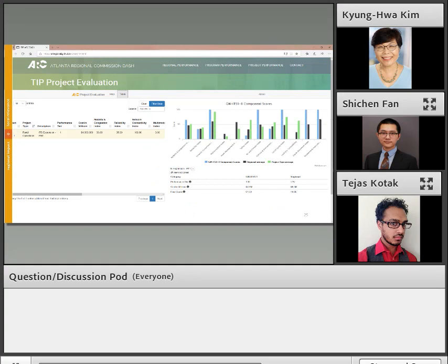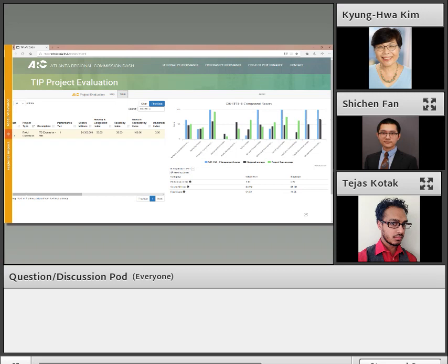Click one project on the map or the scatter plots, and we can view the detailed information of this project. We continue to use GWITS1 as an example. The left part is a table showing the value of each index.